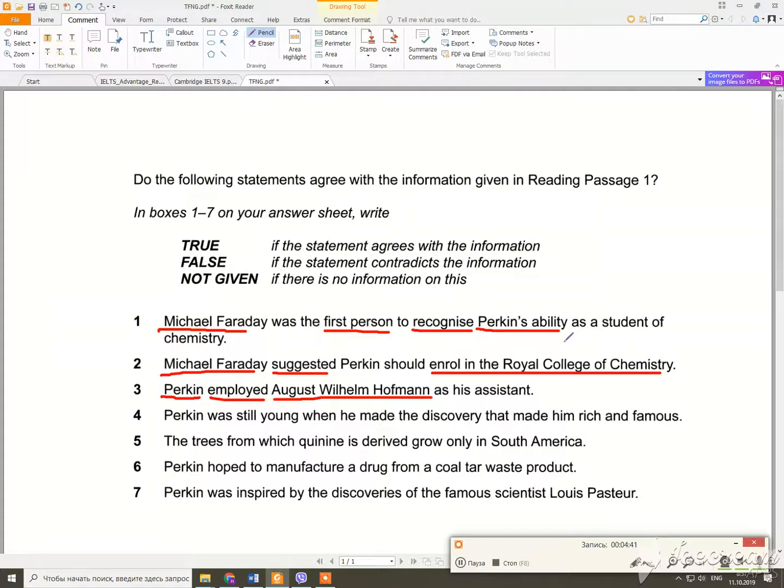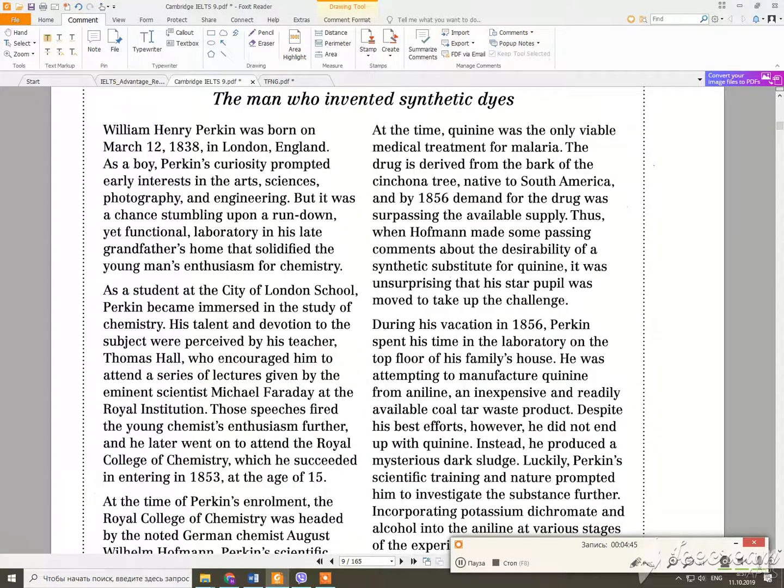So I saw Perkin's ability as a student of chemistry. I saw here his talent, his talent and devotion to the subject. Yeah, so I think that's his ability. Here it's written that it was perceived by his teacher, Tom